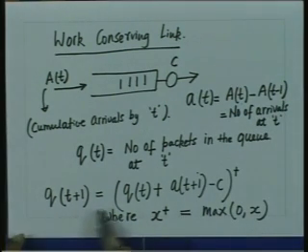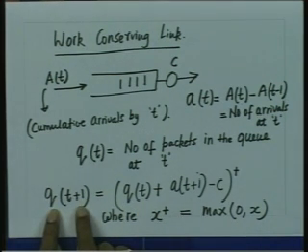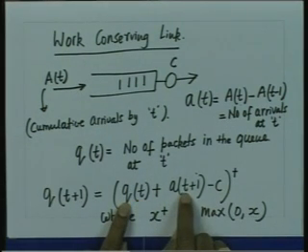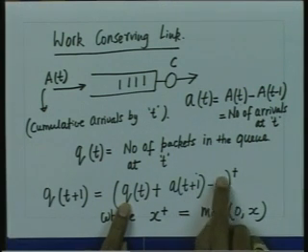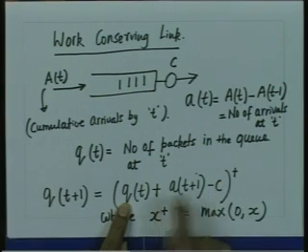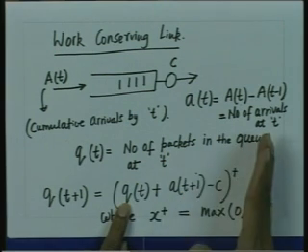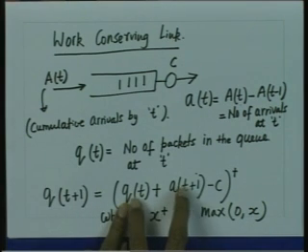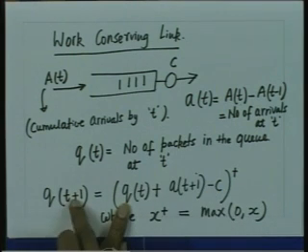Okay. So now this equation is trying to say that the queue length at time t+1 is given by the queue length at time t plus the number of arrivals that occur at time t+1 minus the number of packets that would have departed at time t+1. So this was the previous queue length, the queue length at time t. This was the number of arrivals that have occurred at t+1. These are the number of packets that have departed. So this becomes the new queue length. However, if this is less than C, then obviously the queue becomes empty at t+1 and the queue length at t+1 will be 0.